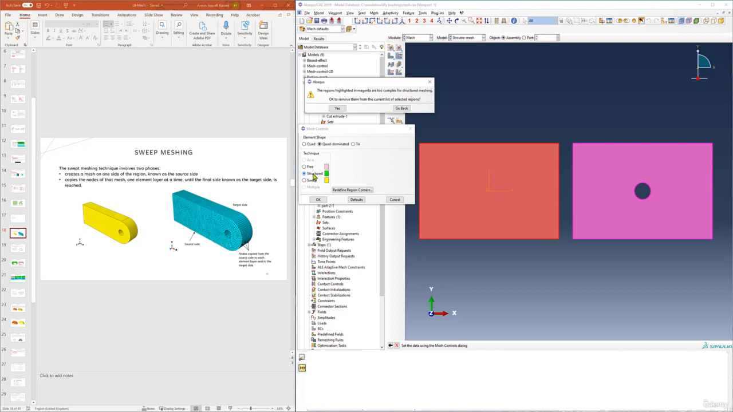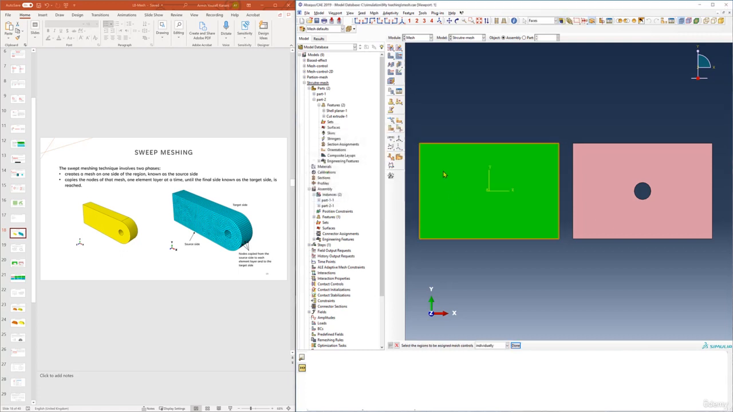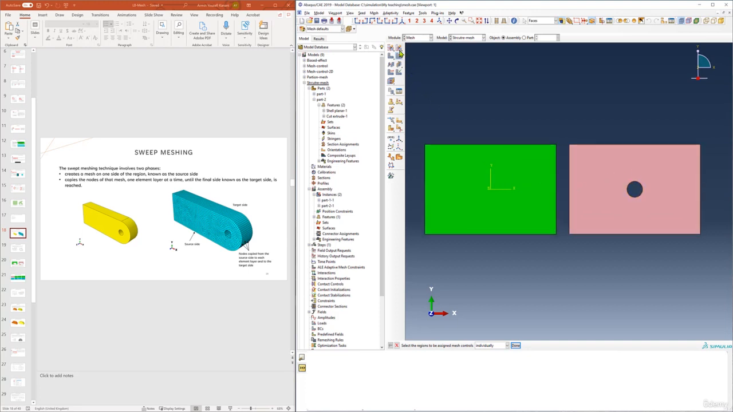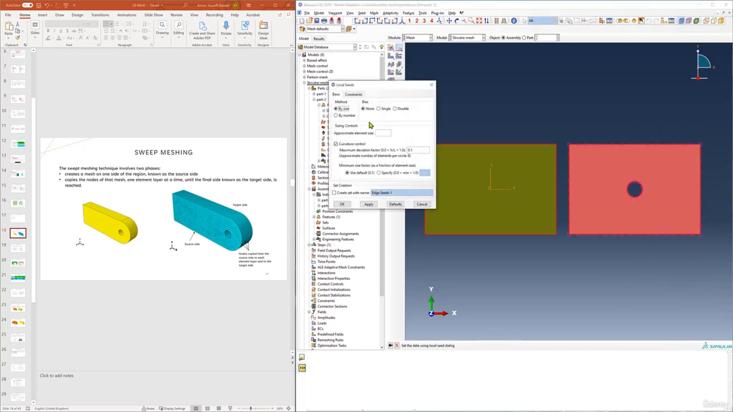Okay, to remove from the current list of the selected region, I'll say okay, fine, and click on OK. As you can see, this one turned green and this one didn't turn green because it was too complex for Abaqus to apply a structure mesh on this one. So then, in the next step, I will apply seed edges on this one,